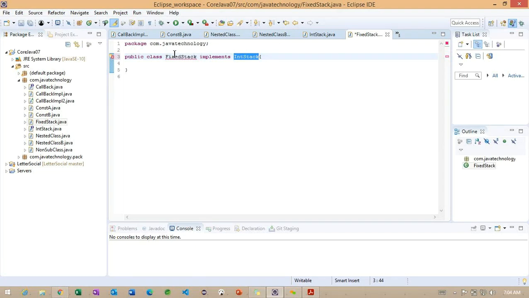Along with these two methods, I'm going to create one constructor here. The constructor is going to take size.